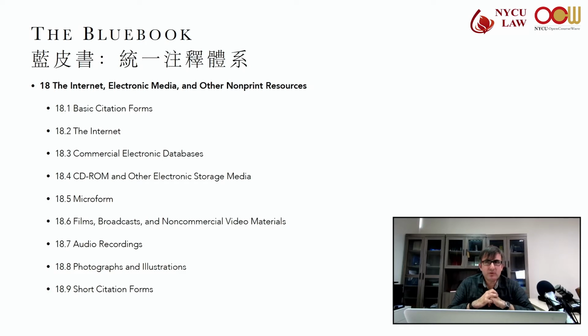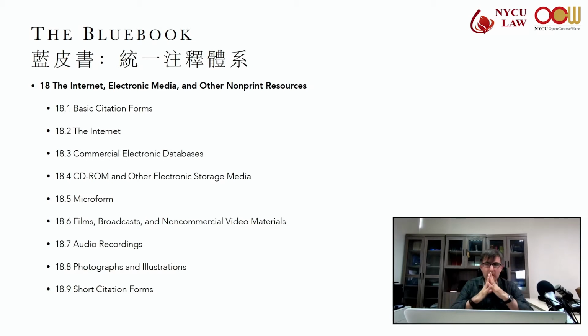But now moving to Rule 18.2, the Internet. The basic rule in the Blue Book in Rule 18.2 and the basic rule overall is to go for the printed source first.